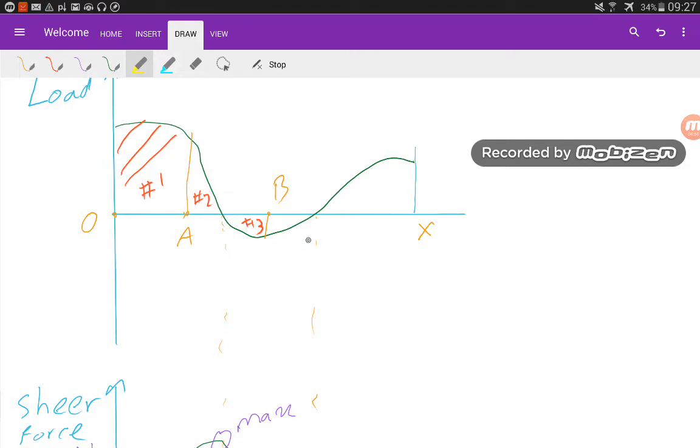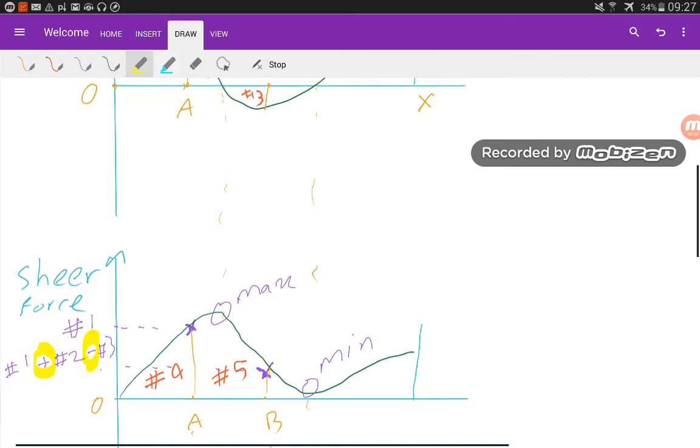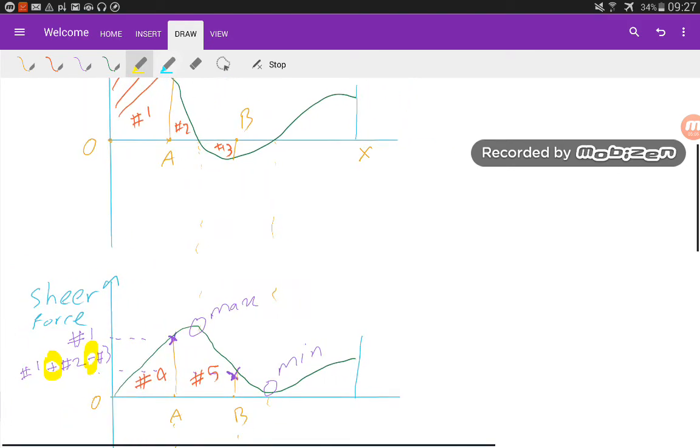And also notice, anytime your graph is meeting 0, touching 0, under curve area, you have a peak, either maximum or minimum. And as you see in the load force, at this point and this point, you have crossed zero. Thus, in the shear force, which is the under curve area, you have a maximum or minimum, a peak, could be either of them,